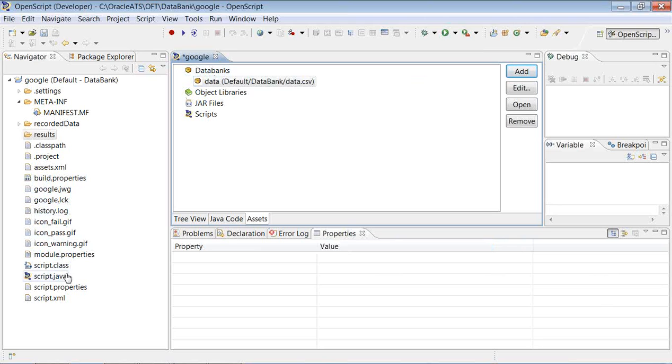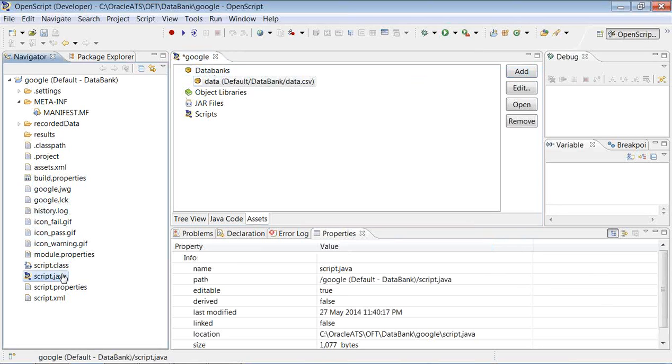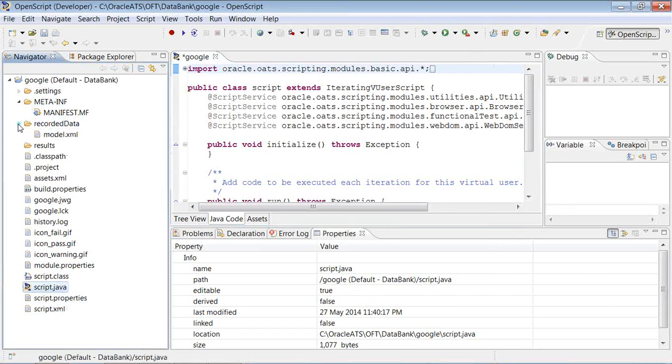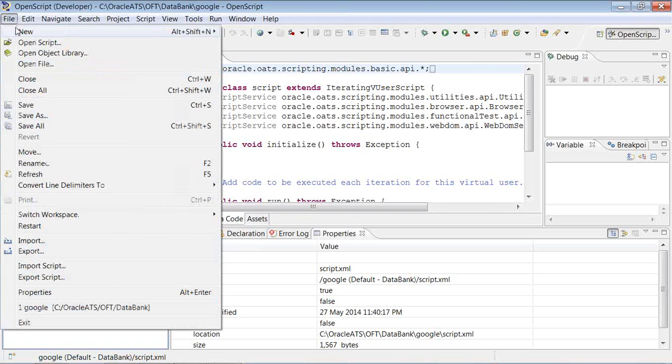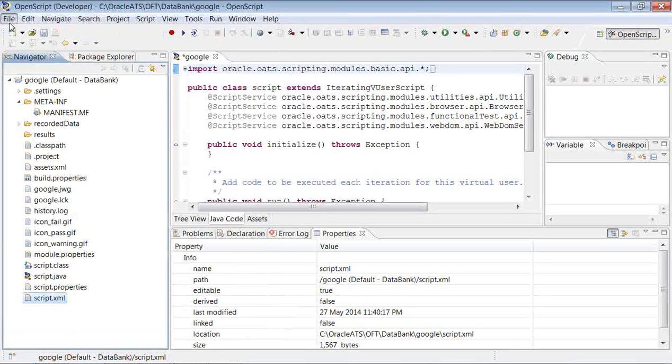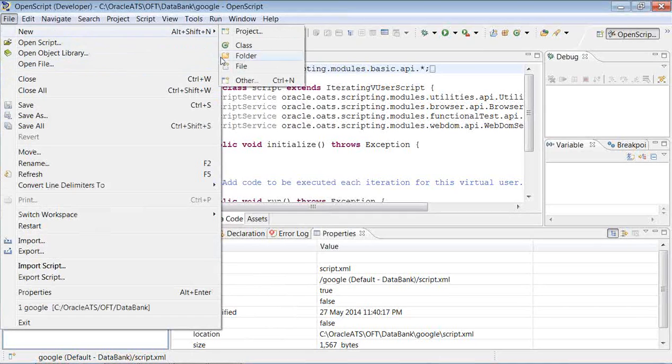Now let me try to open some script. This is the JavaScript recorded data. I do not have any scripts as of now. There is some version problem here.